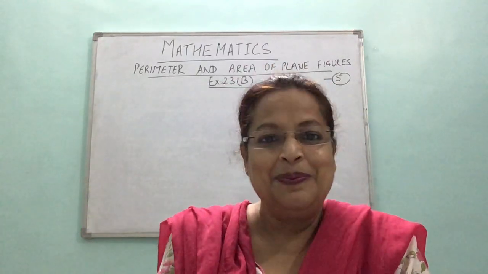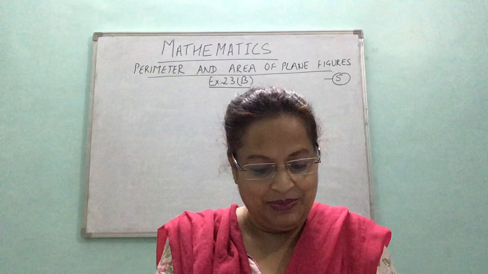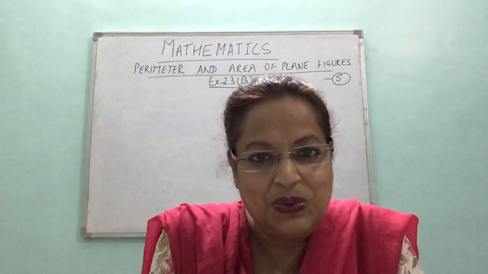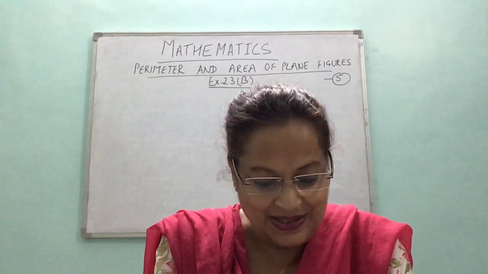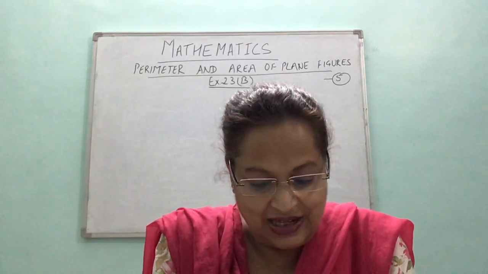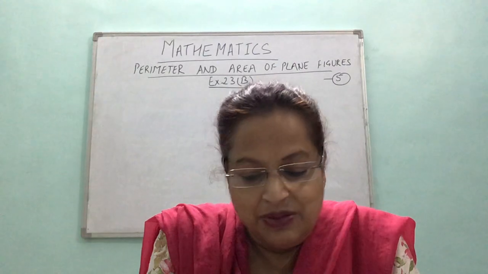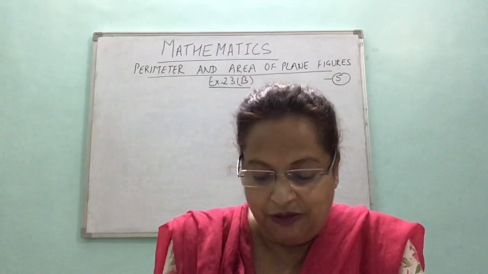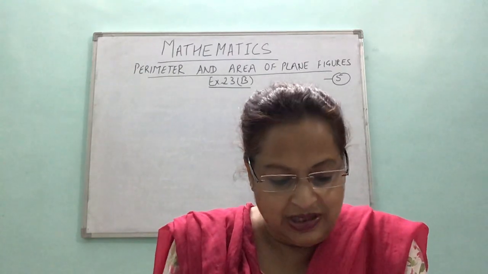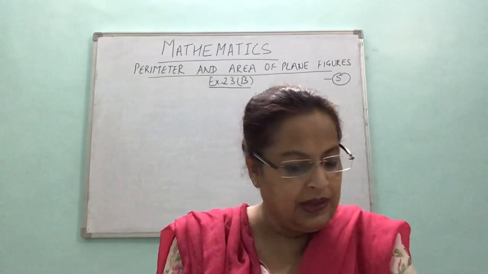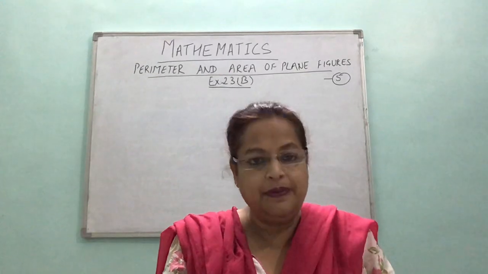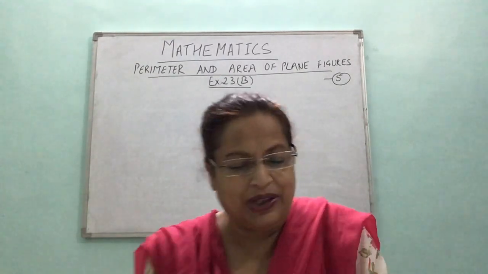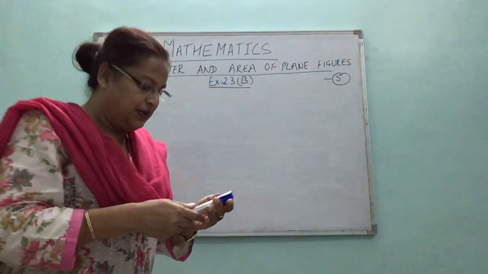So I'll be taking up question number 2, like some questions I'm taking up. So what is question number 2? Let's read that. It says the area of a rectangle. Now it is a question of rectangle. So before we proceed, let's have a quick review of all the formulas. The quick review of the formulas, children. So for rectangle and for square, very quickly, as I did in my previous videos also.